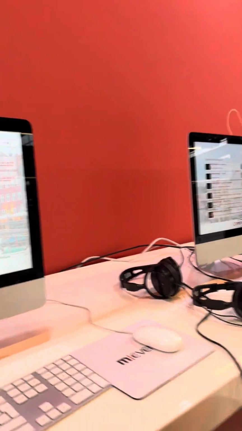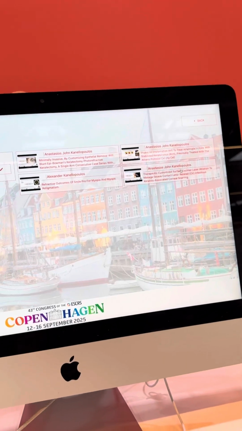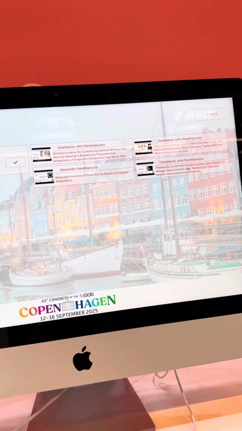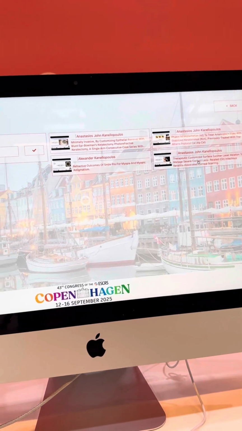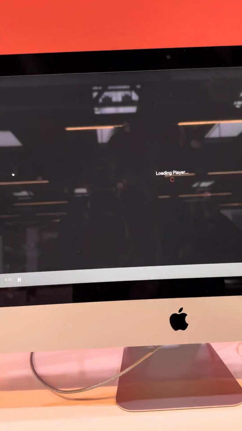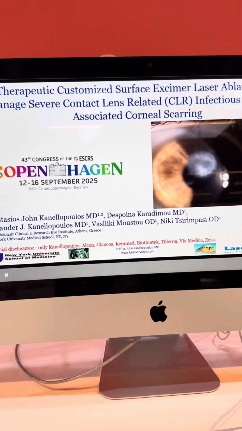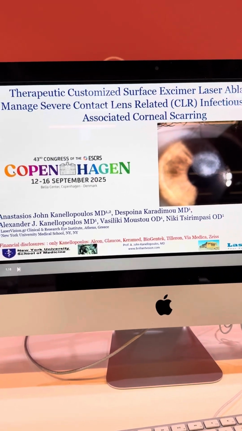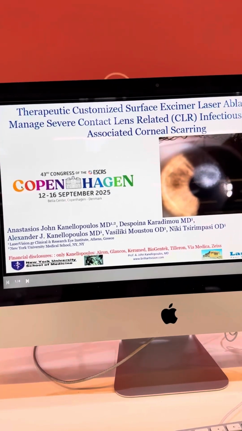And last but not least, in our e-poster roster for this year's annual ESRS meeting in Copenhagen, therapeutic customized surface ablation to manage severe contact lens related infectious keratitis. And I have the honor of presenting this same material at the American Academy of Ophthalmology Cornea Day on October 19th in Orlando. Again, we're in Copenhagen, and this is something that we unfortunately see very commonly, a contact lens